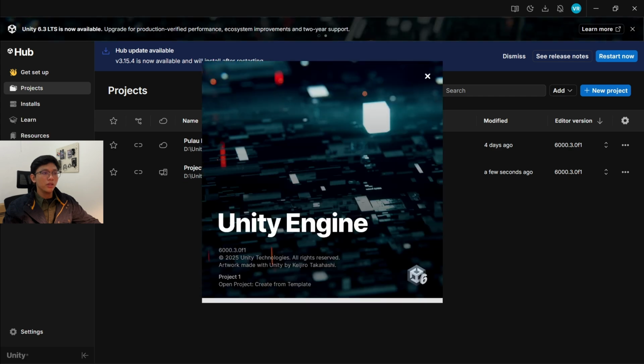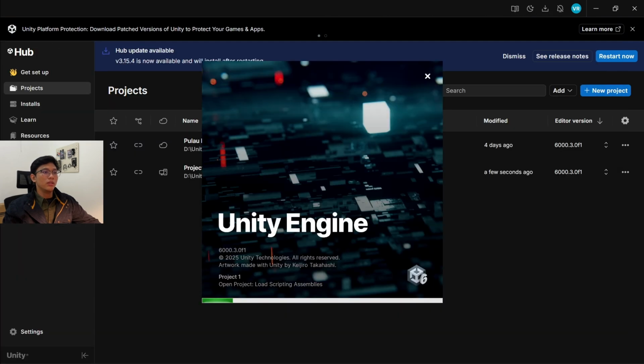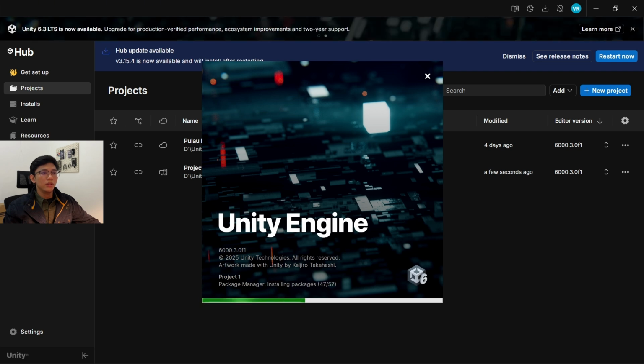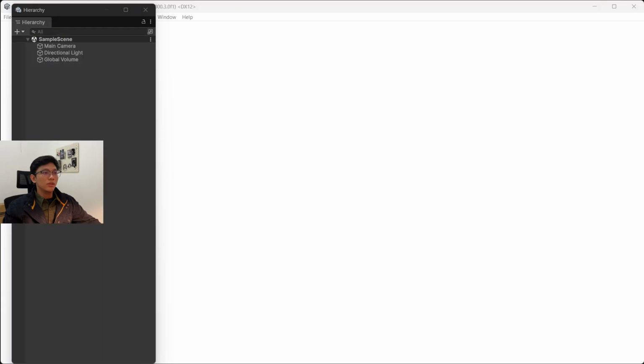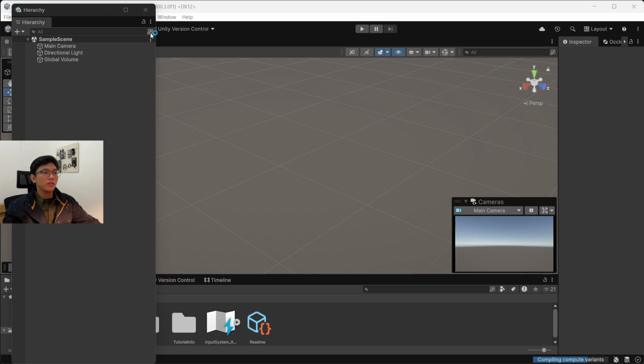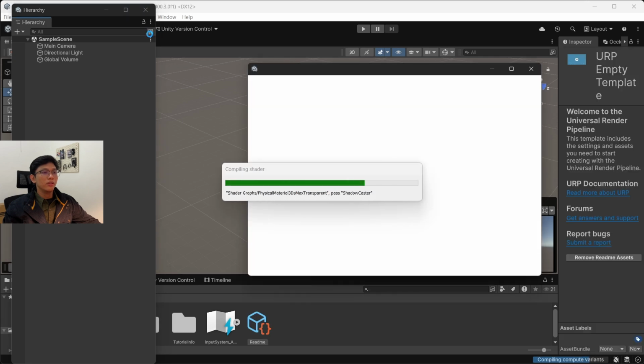which uses URP. Here you can change the Unity organization and project name. Okay, we click Create Project, then we wait for Unity to finish creating the editor. This process also depends on your computer specifications. Now this is the initial view after the loading process is complete.